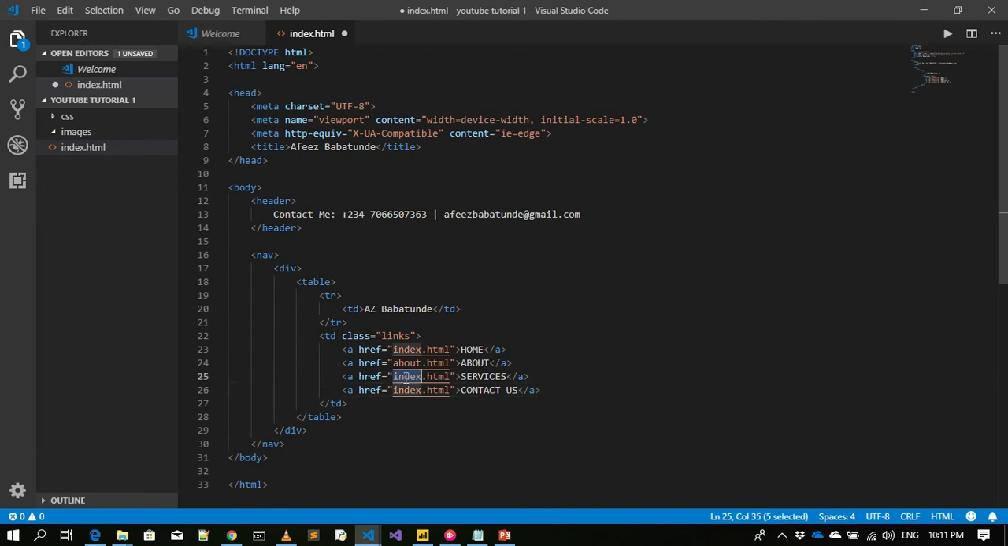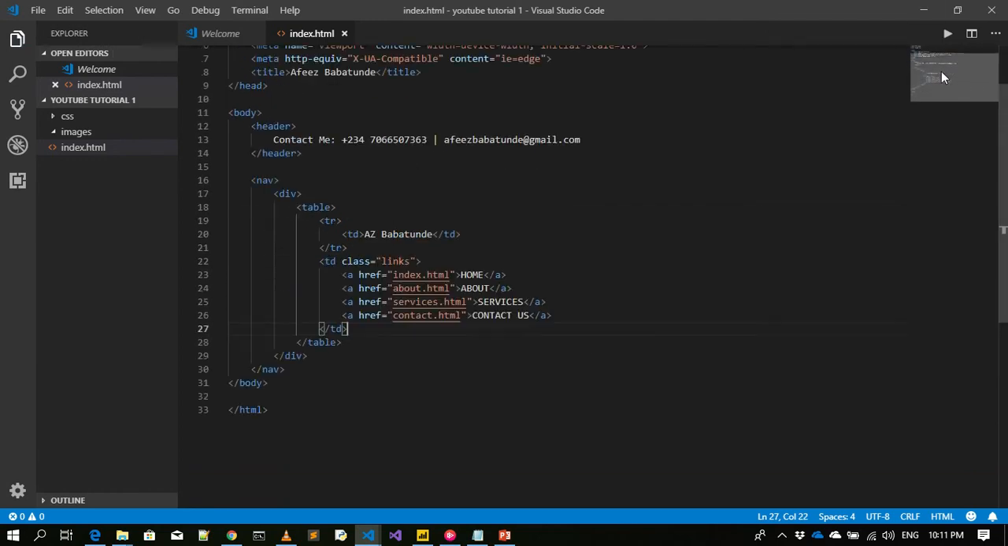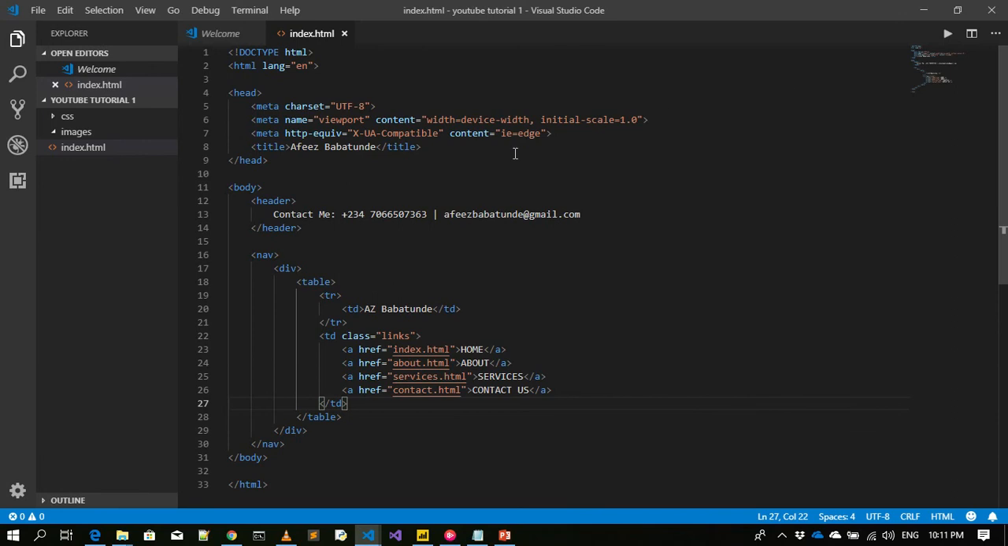So let me change this one, because we are going to create a page for each and every one of these links. So services and contact. So let's save this. From this one now, this is our header and the navigation. Let's insert our CSS so that we can